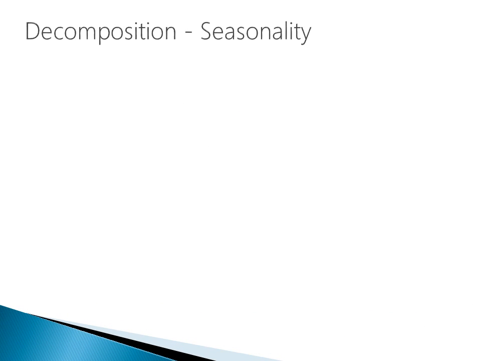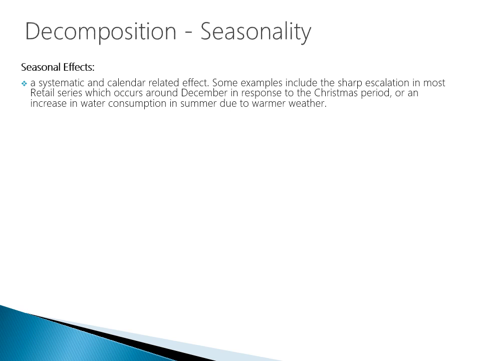One of the most important concepts when working with time series and decomposition is the concept of seasonality. Seasonality, or seasonal effects, is a systematic and calendar-related effect. Some examples include the sharp escalation in most retail series, which occurs around December in response to the Christmas period, or an increase in water consumption in summer due to warmer weather. So these are processes that have a natural spike or decrease due to a regular interval throughout the time of